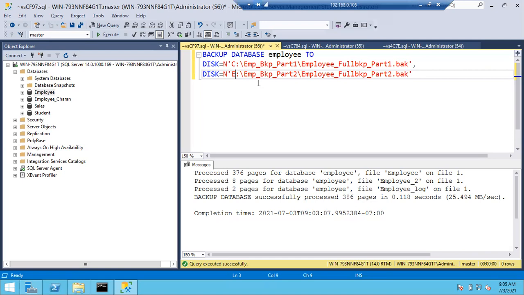Mostly if you are going for two parts, half of the size will come. For 50 GB, 25 GB and 25 GB will come. So make sure at least 25 GB of free space is there in the first part drive, imagine D drive. If there is not that much free space, ask the Windows team to extend. But it's not like I have only 10 GB in one drive and 40 GB in another drive, can we accommodate a 50 GB file? With our own size, it's not possible to accommodate like that. Any other questions?